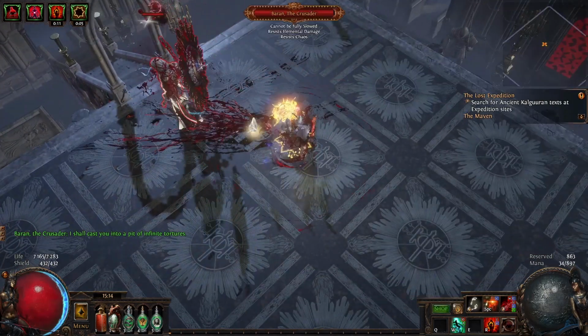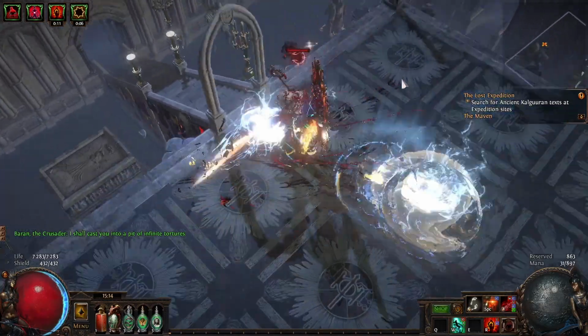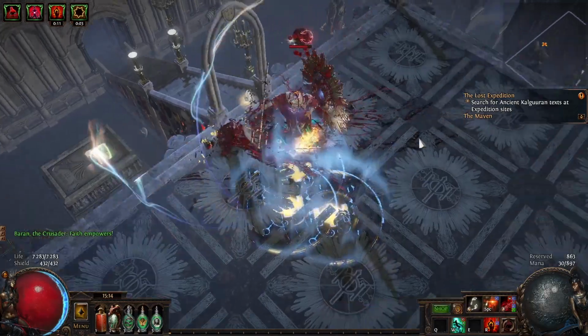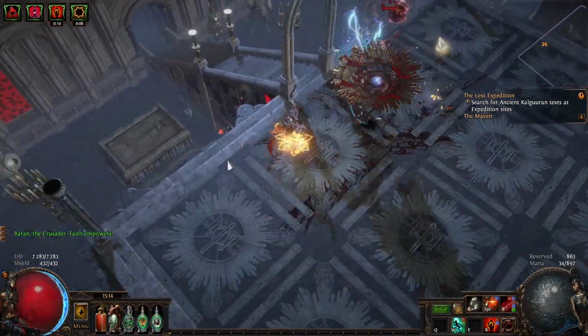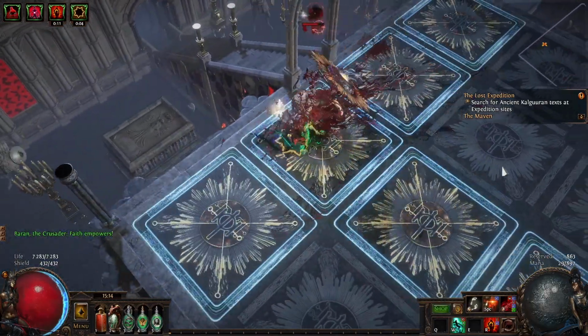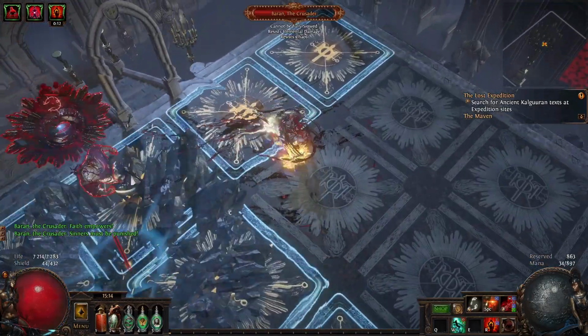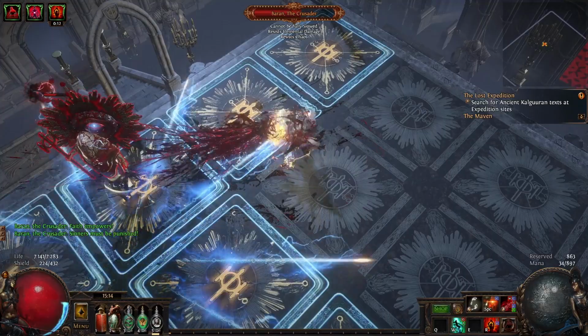This is gonna be for my Exsanguinate Gladiator, which has been my league starter for Expedition League. It's a really solid all-round character with really good clear speed and great defenses with max block, a good amount of armor and HP. I think it could even possibly be hardcore viable with some tweaks if that's something you